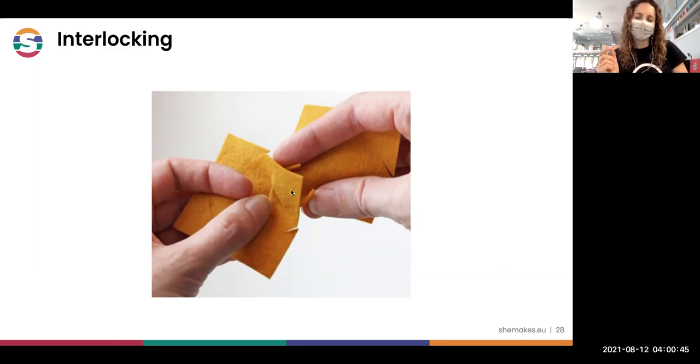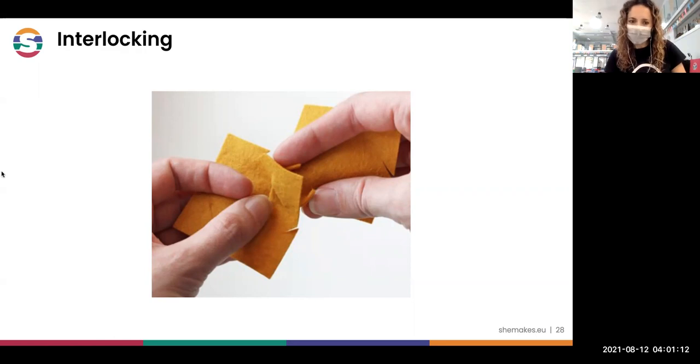So we can try to make tessellations and try to connect different pieces. And if you have felt, you can try to cut. When you are cutting with the scissors, maybe the cut is not so perfect like the felt cut by the laser cutter, but you can try and you can test if the interlocking is okay or not.